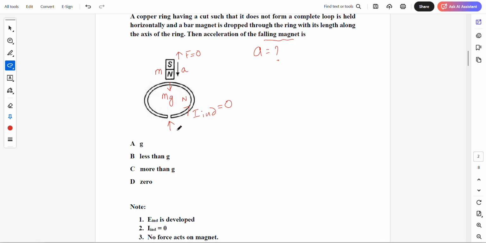Why? Because there is a cut here and the loop is not complete. I induced is zero, therefore the repulsive force will be zero. Now if you apply Newton's laws of motion here,